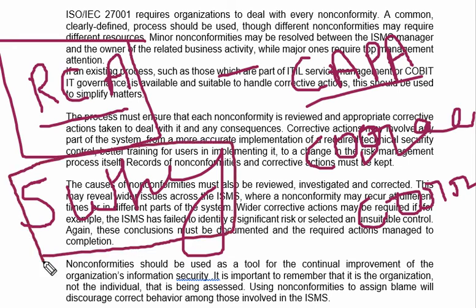The 5 why principle we use for RCA, and once you have identified the root cause, you need to find out the correction and corrective action. In the correction, we need to correct the non-conformity, and in the corrective action, we need to have a proper solution so that these non-conformities do not arise again. So this is the basic difference between correction and corrective action. I hope you have understood.